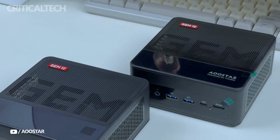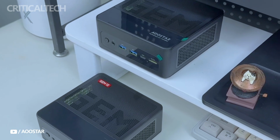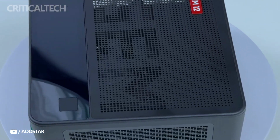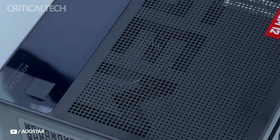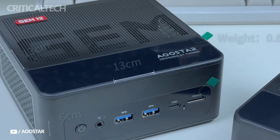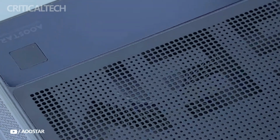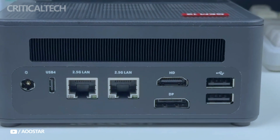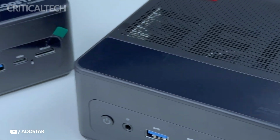The design of the GEM 12 Max exemplifies portability and durability, encased in a CNC machined aluminum shell. The mini PC weighs just 0.66 kilos and measures a compact 13 by 13 by 6 centimeters, making it highly portable and easy to integrate into any workspace. Its lightweight and robust construction ensure longevity and resistance to daily wear and tear, while its sleek aesthetics add a